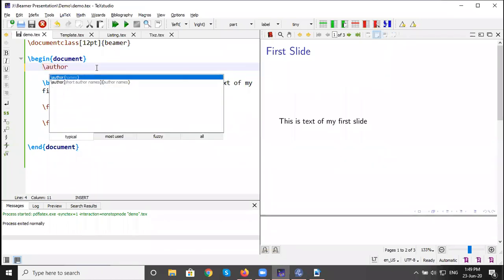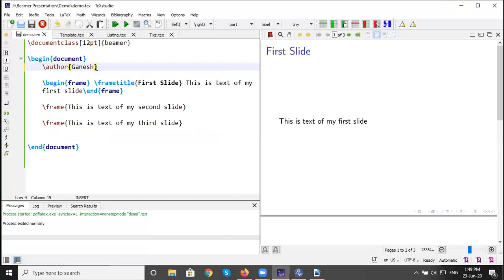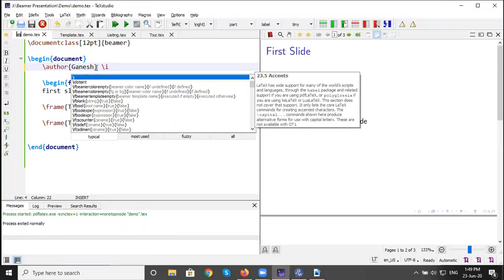So we add \titlepage for this, and for the title page some extra things, that is author. So we add author, my name as it is, then institute.